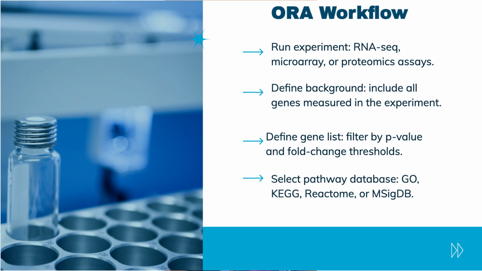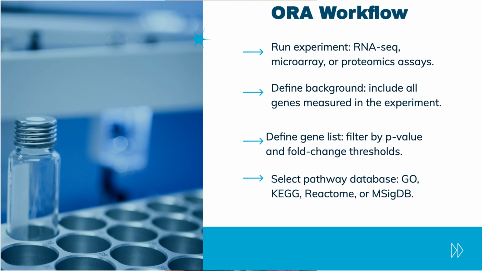Now, the background set will be the totality of every measured gene. So every gene in the experiment would be included in the background set. Now our gene list will be filtered by a p-value or the log 2-fold change, or any threshold that